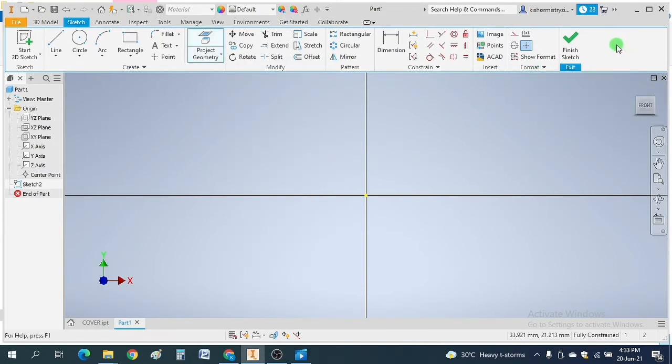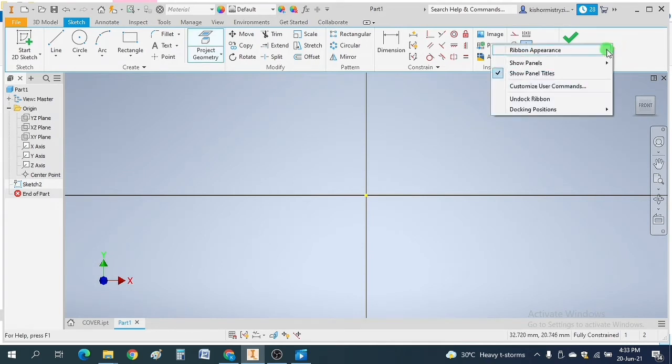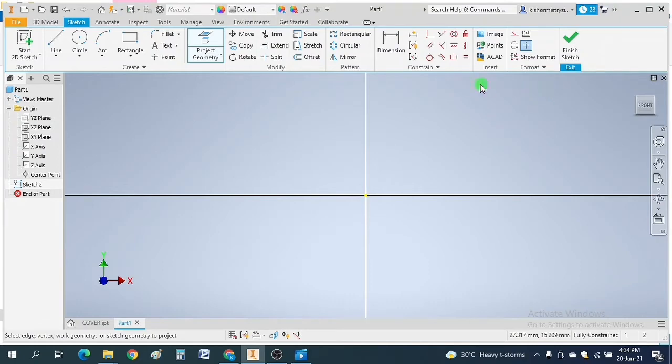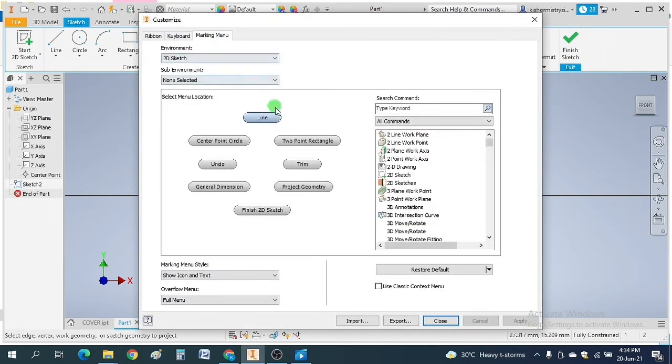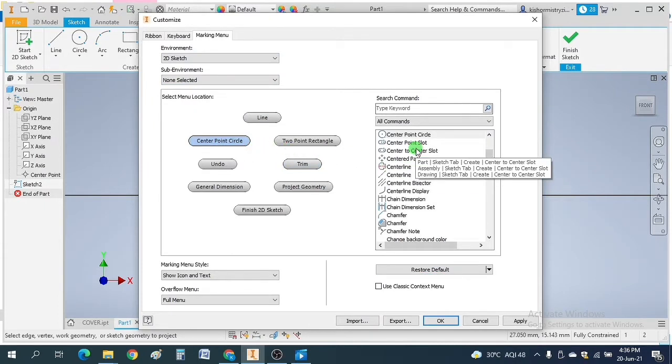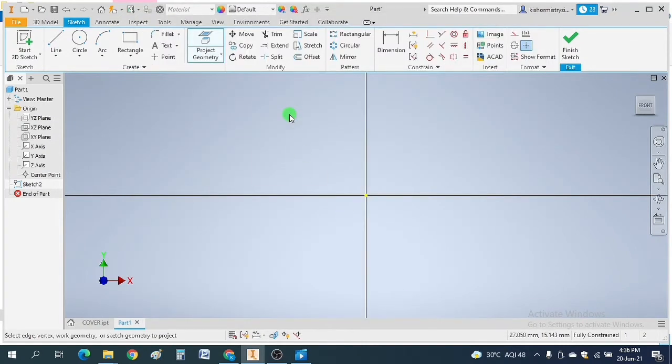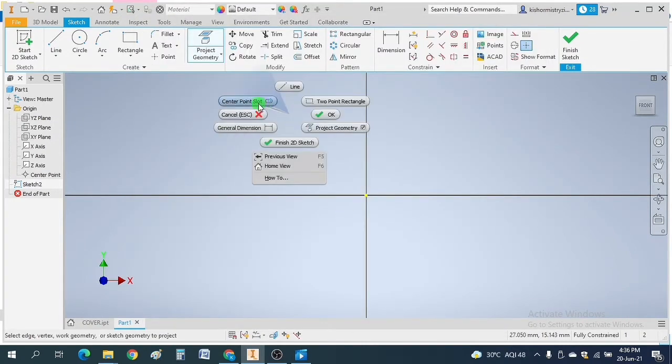To change this, you can right click here and choose customize user commands. You can see the marking menu. If you want to change circle to slot, then select apply. Okay, now right click, and now you can see center point slot.